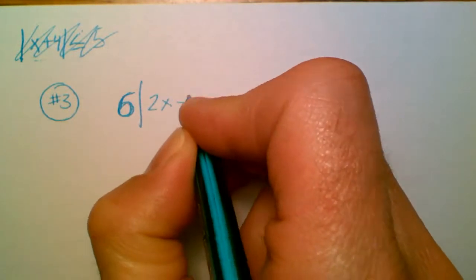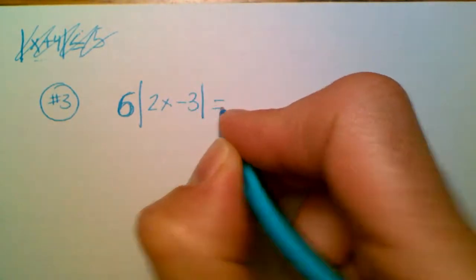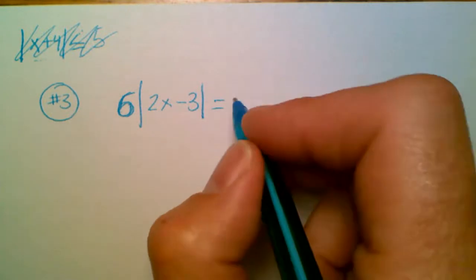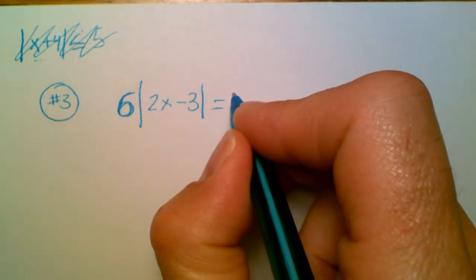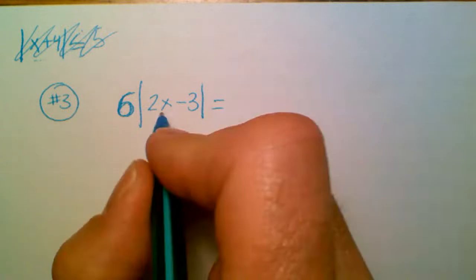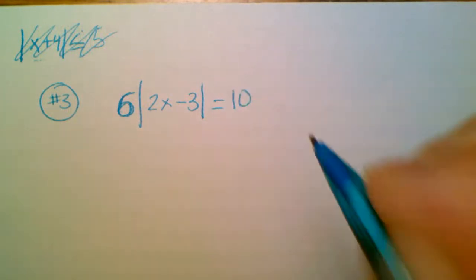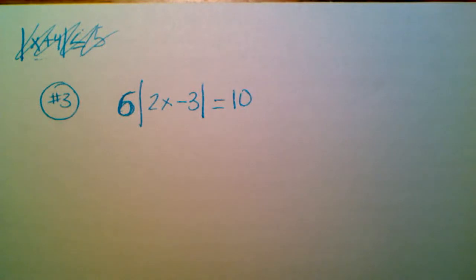All right, so now what if we have, 5? Let's make it a 6. Sorry, because that doesn't look very good. Okay, 6 times the absolute value of 2x minus 3 equals 10. Okay, that's completely fine. So what I want you to know is that we can do problems that come out